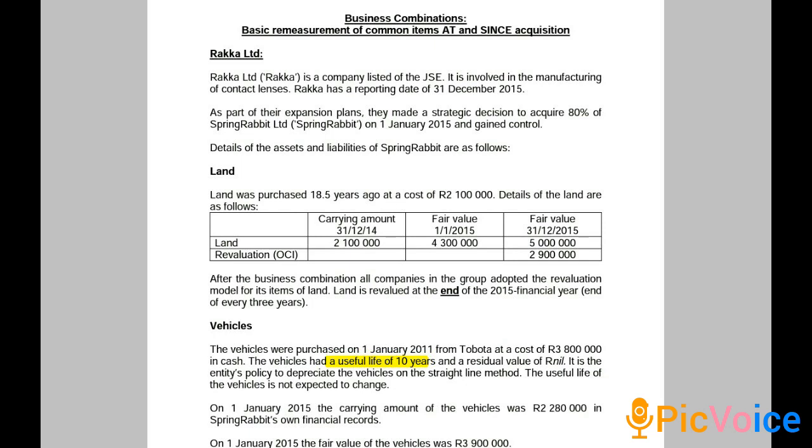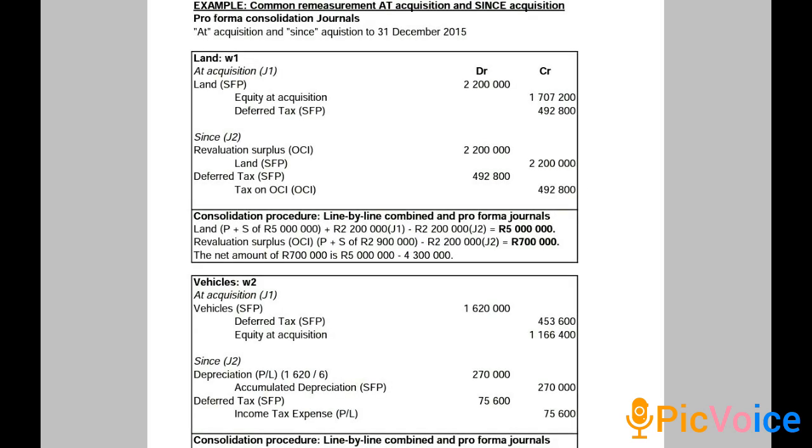tax of 492,800, and equity at acquisition of 1,707,200. Remember that land is taxed at the CGT rate, so the deferred tax calculation of the land will be based on